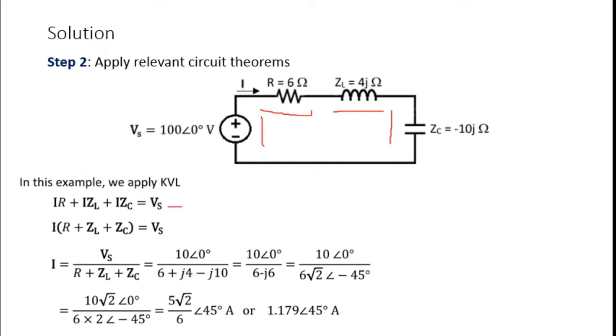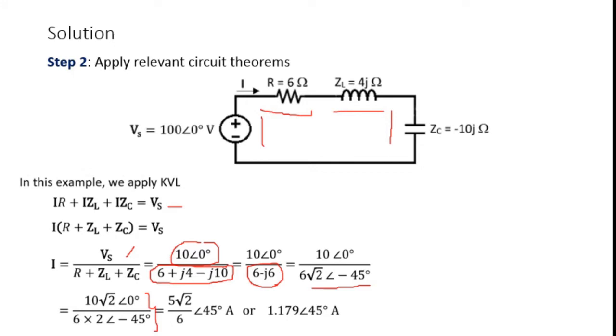So we substitute the value inside this. We have this in the polar form, and the bottom part is in the rectangular form. So in this case, we have to change the bottom part to the polar form. So we get these expressions over here. And then we can solve this